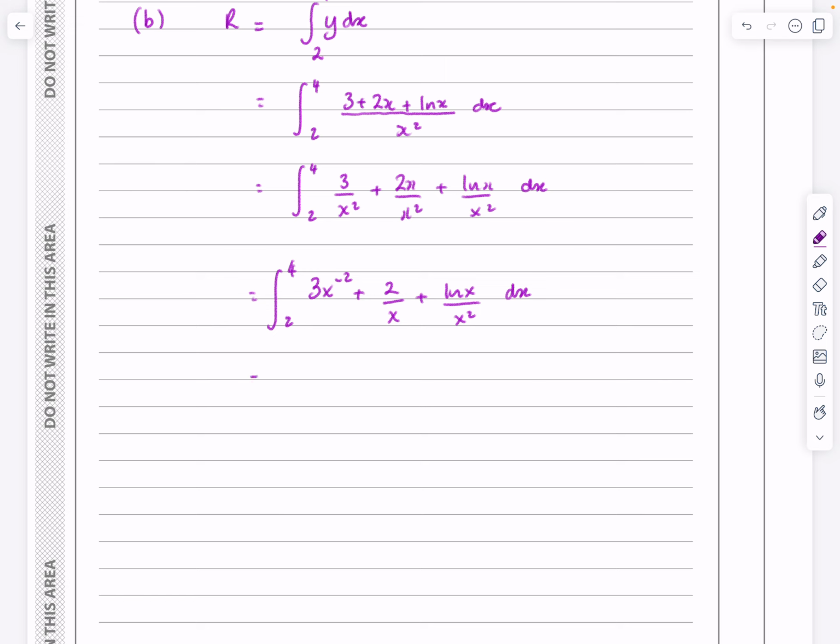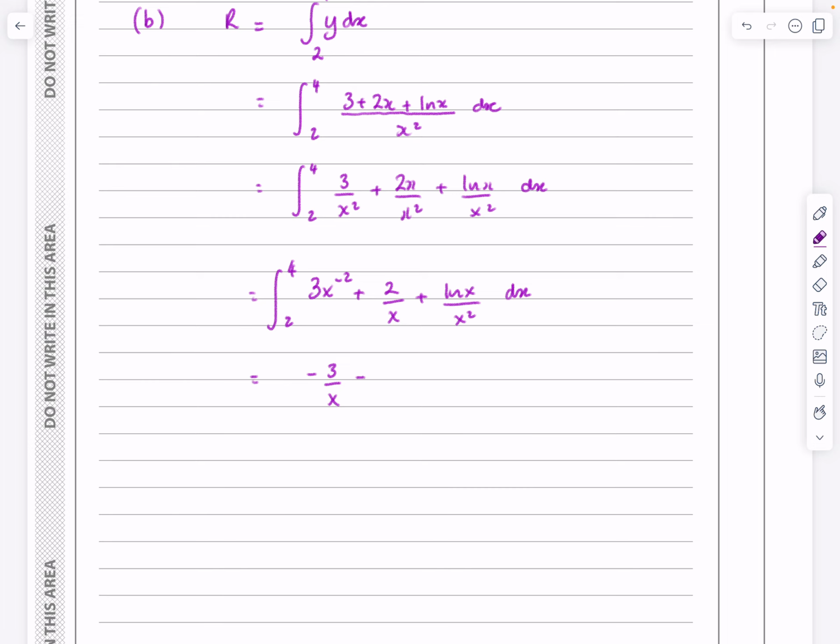all of those. So the first part, 3x to the minus 2, I'm just going to go through these quickly. You should be able to do these. Very, very straightforward. Add 1 onto the power, divide by the new power. That's going to give me minus 3 over x, or minus 3x to the minus 1 if you want to write it like that,